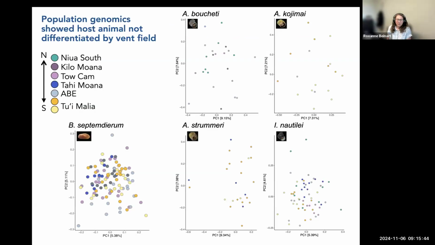And so I'll jump right into some results from the host populations in the Lau Basin. And so what you're seeing here is a representation of the genetic diversity and structure of the animals of these different species across the Lau Basin. And so each of these dots is an individual animal, and they're colored by the vent field that they came from. And so what you see is that they're pretty well distributed in these plots, that they're sort of homogeneous. There's no sort of structure by site. So you don't see, for example, all of one site clustering together. And so this shows us that the host animals are not genetically differentiated by the vent field